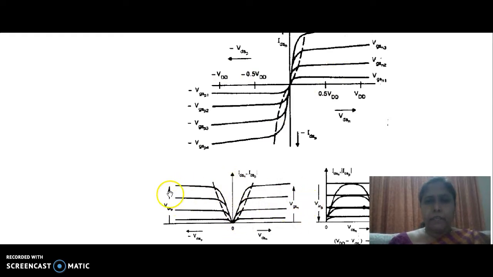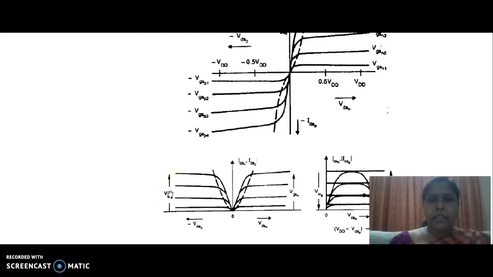Then, knowing that the sum of VDSN and minus VDSP is equal to VDD, we can fold these curves onto the first quadrant. When we do that,